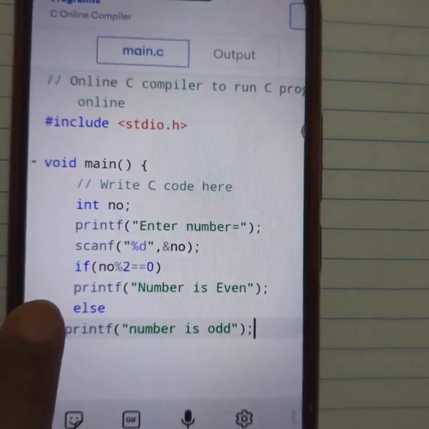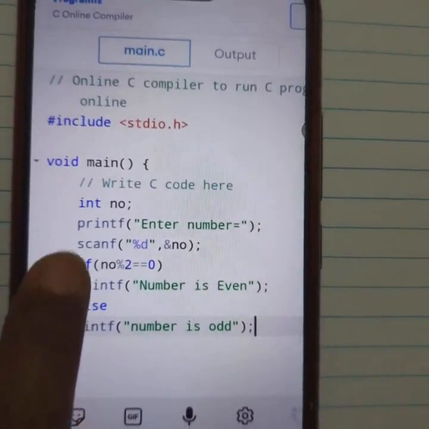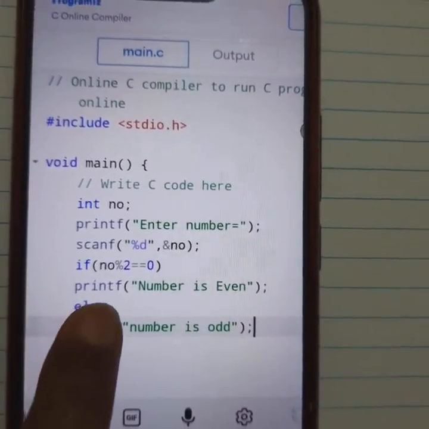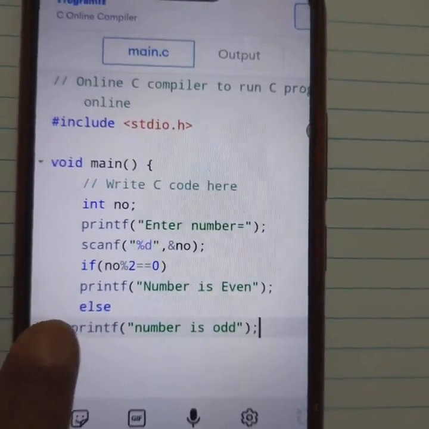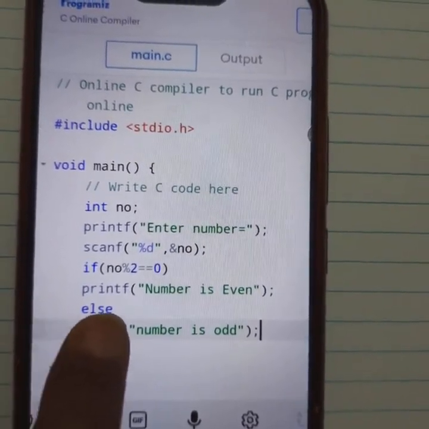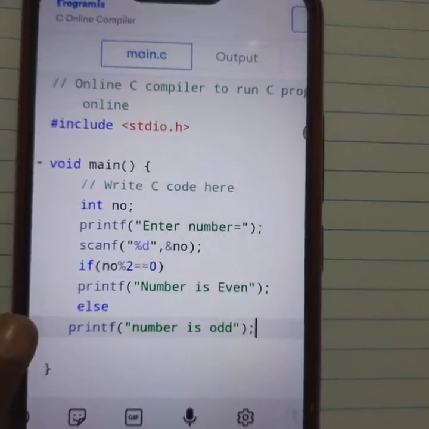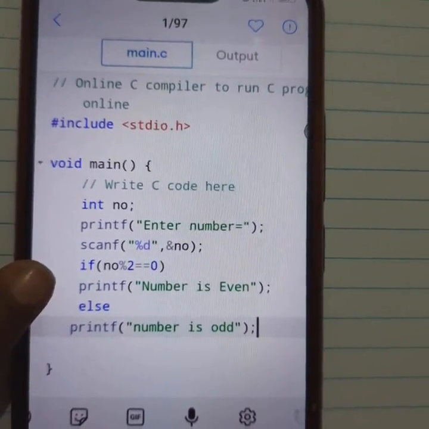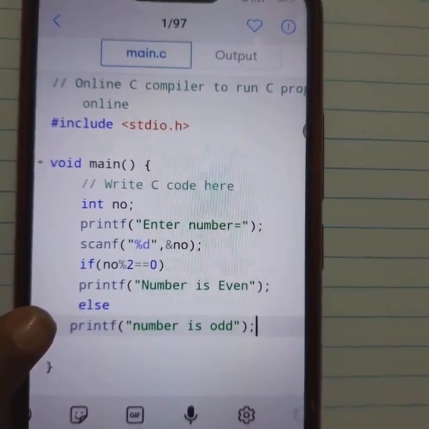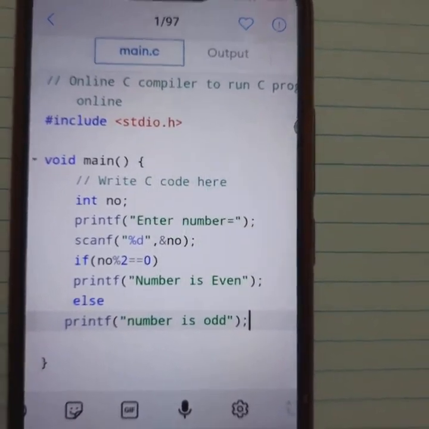After that the if statement: the condition is no % 2 == 0, meaning if the entered number is divided by 2 and the remainder is 0, then printf number is even. If this condition is false, the compiler will come in the else part and print number is odd.